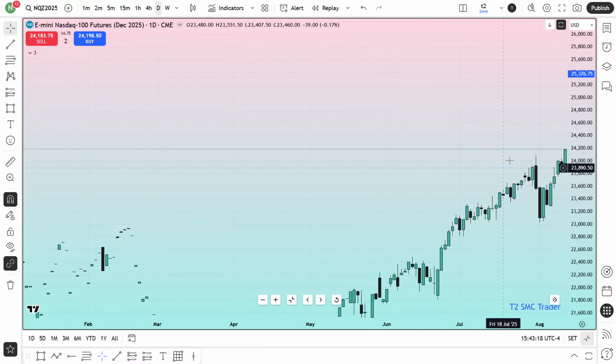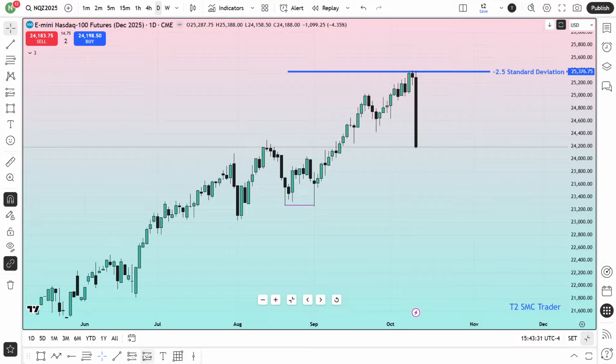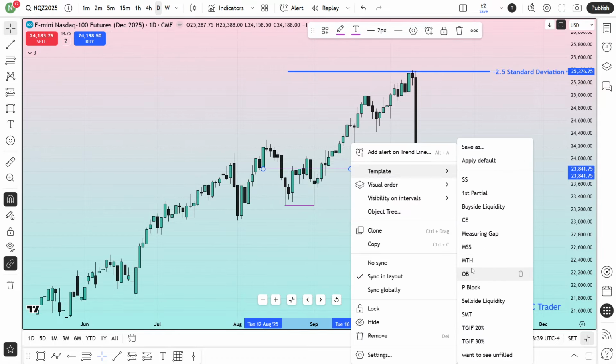You can do that when the market is around the all-time high. Every single time the market comes to the all-time high, you can use that candle as anything you can predict here, because this is the all-time high, there is no price action. Here I would love to mark that candle low and extend it to my right. This is my order block, and let me actually mark it as my order block here.